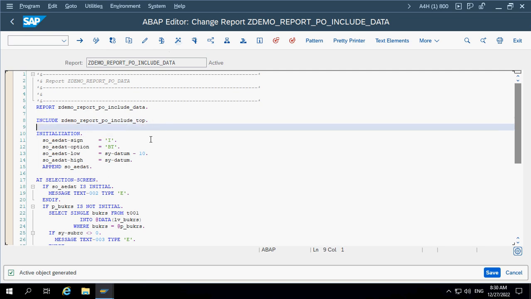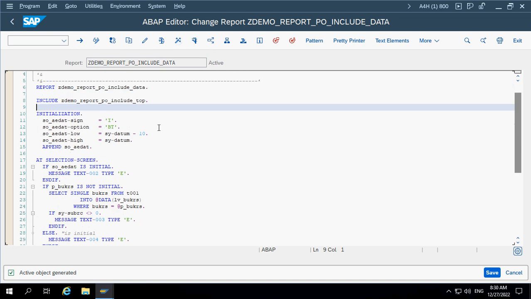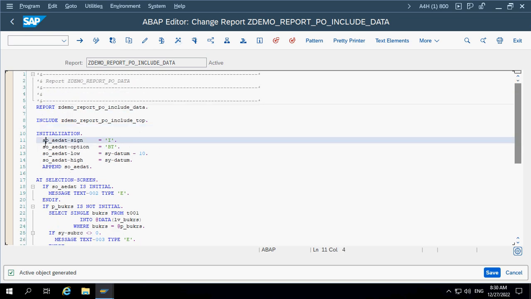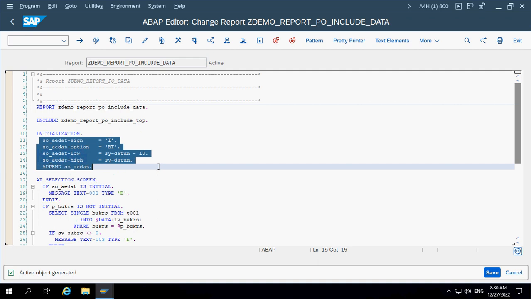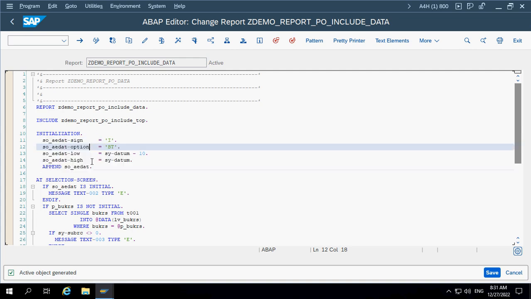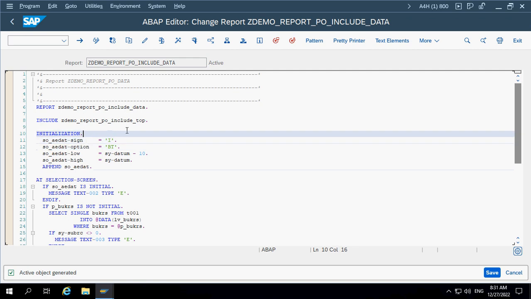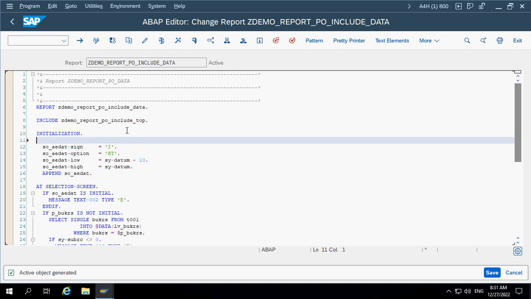Okay. So next, the second approach, how to create an include program. We have this initialization part. We are populating data to AEDAT automatically, depending on some condition. Let's say we have a similar requirement in a different program also. So let's modularize this. Now I'll follow the second approach. I'm providing the name here itself, include